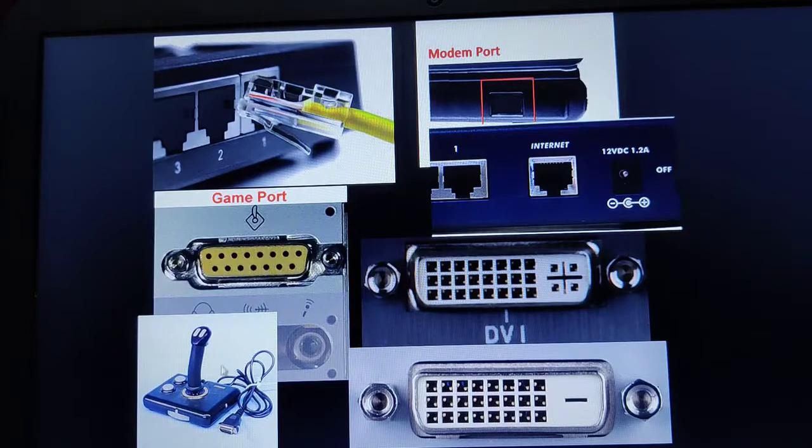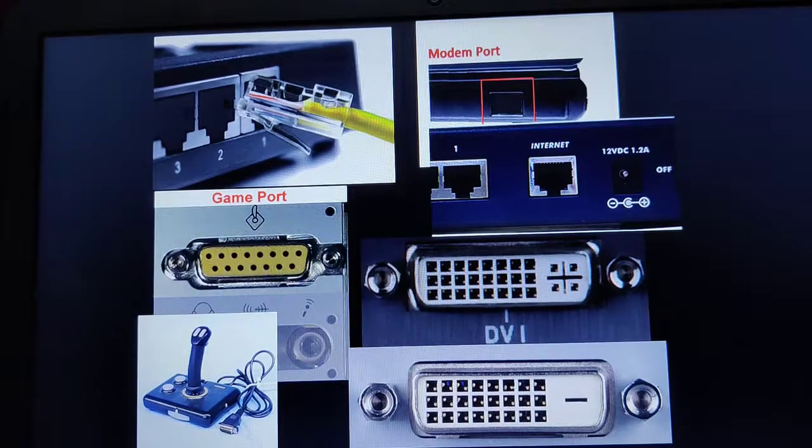For example, this is one of the joysticks. You can see this cable, and this is the connector. This connector gets connected to this port, which was available on the older versions of our computer system. This diagram itself indicates it is for game purposes, in the form of a joystick you can connect. I hope you are able to understand.